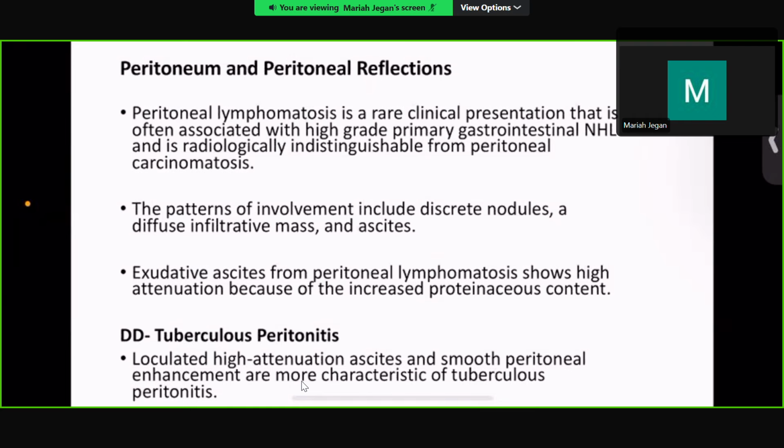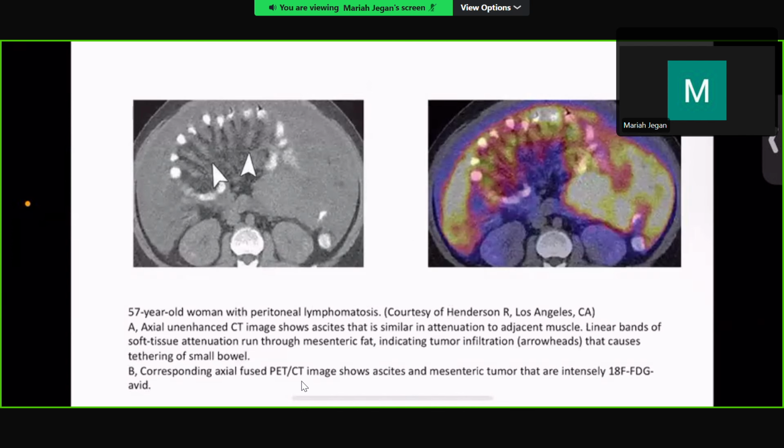Peritoneum and peritoneal reflections. Peritoneal lymphomatosis is a rare clinical presentation. The patterns of involvement are discrete nodules, diffuse infiltrative mass, and ascites. Exudative ascites from peritoneal lymphomatosis shows high attenuation because of its increased protein content. Differential is tuberculous peritonitis. Here on plain CT, we see ascites with similar attenuation to adjacent muscle with linear bands of soft tissue attenuation. And on PET CT, we see avid